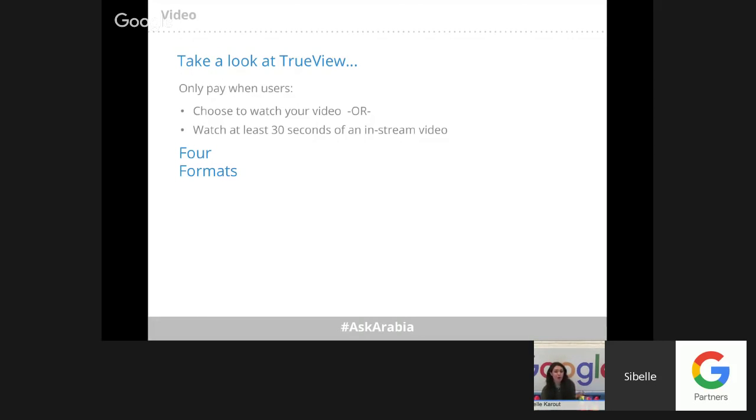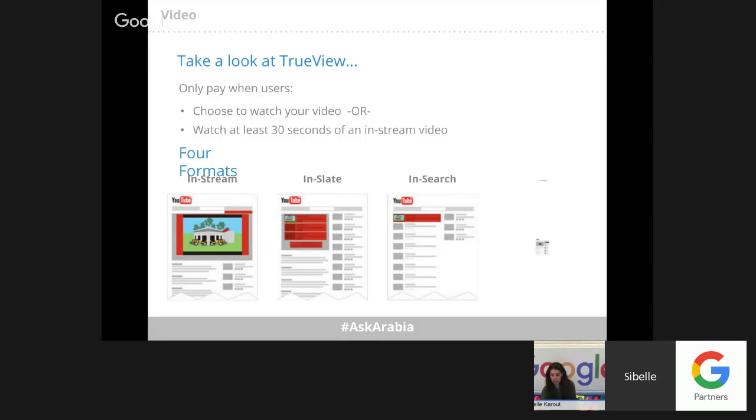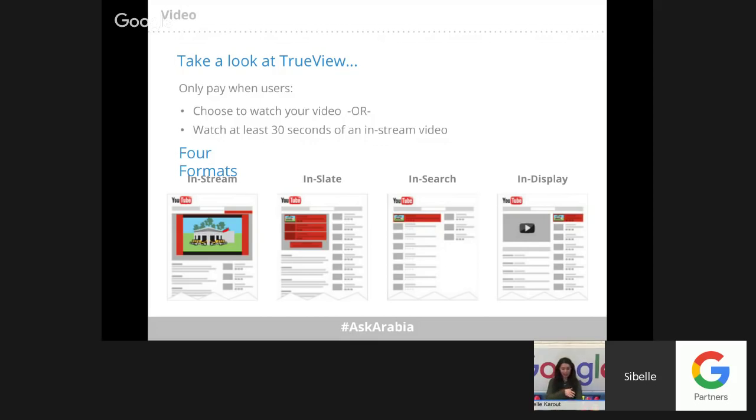With TrueView, we have 4 main formats. We have in-stream, in-slate, in-search, and in-display. In-stream ads play as pre-, mid-, or post-roll on YouTube partner videos of all lengths. So if, let's say, I was watching a music video on YouTube, and before that video I could see your ad, and if I was interested, I would keep on watching it, and if I was not interested, I'd skip it after 30 seconds, or even before, I will just click on skip ad.